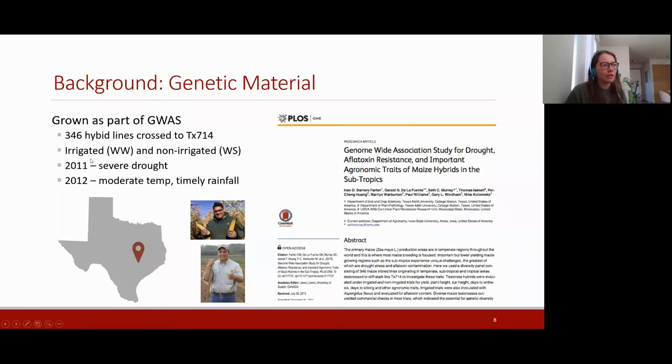So in 2011, the region of Texas, College Station, experienced a pretty severe drought. And 2012 was a little bit more average, with moderate temperatures and timely rainfall. I think in a normal year, we irrigate around 2 to 3 times. And I was told that in 2011, they had to irrigate, I think, 10 or 11 times, which is pretty significant